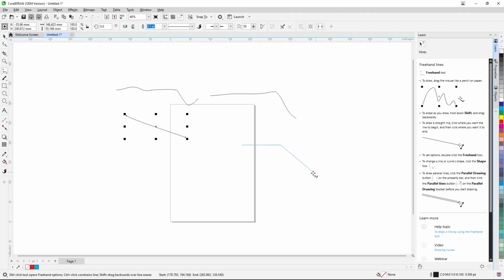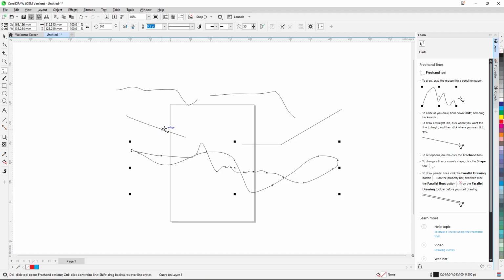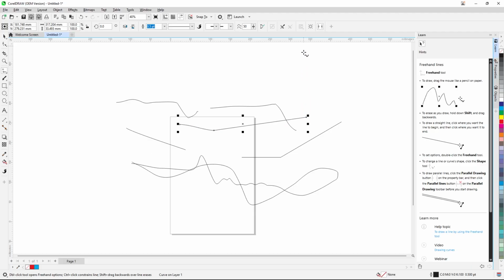See here, I am using Shift to get a straight line. Release the Shift, and now you draw continuously, like with the pen. Use Shift while you draw, and now it is giving the straight line, right? Click here and again continuously draw the lines, straight lines by pressing Shift, or otherwise release the Shift and you draw continuous lines. Okay,